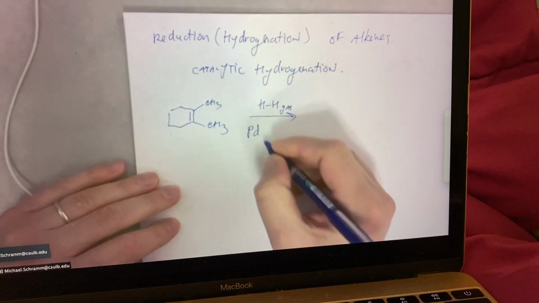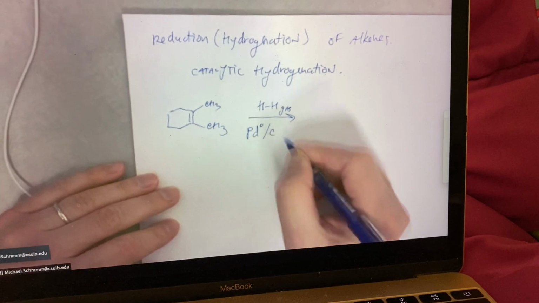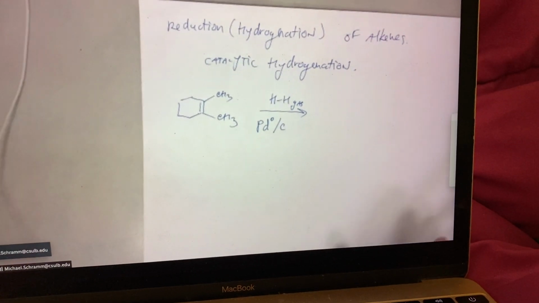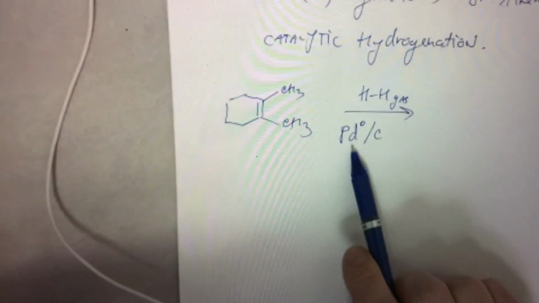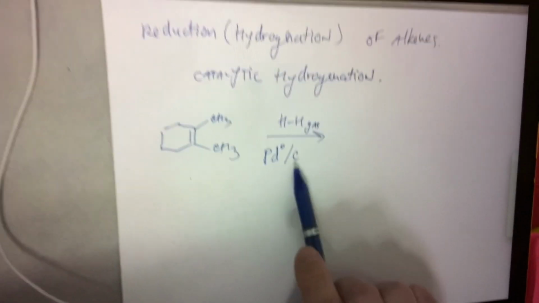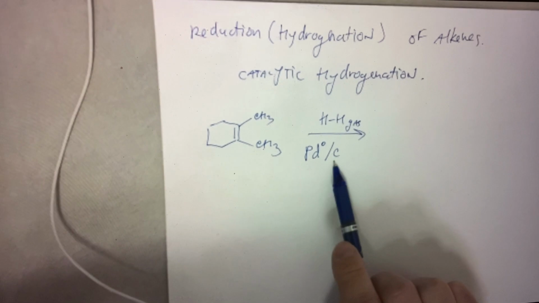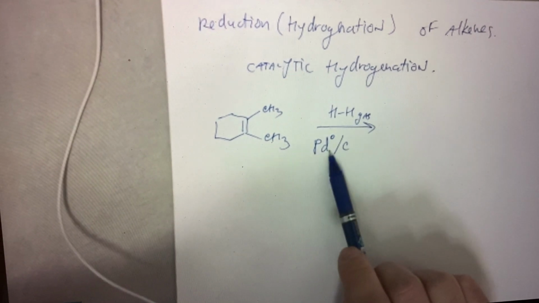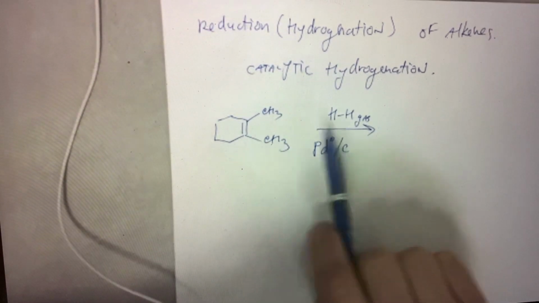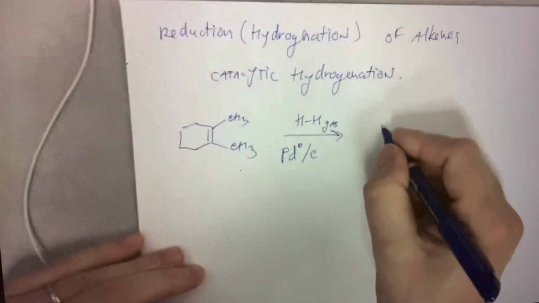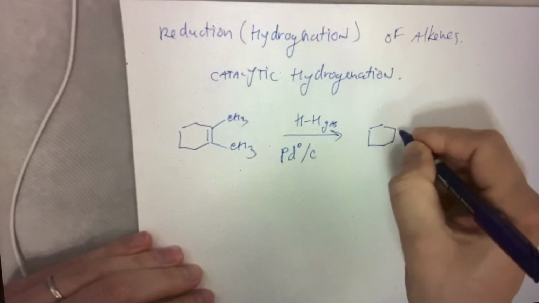let's say palladium metal, deposited on carbon. Palladium metal is quite expensive, and solid metals aren't very reactive. But if you make a thin film of palladium onto graphite, it's this fine black powder with a tiny amount of palladium. It has a special effect with alkenes in the presence of hydrogen gas. It has the effect